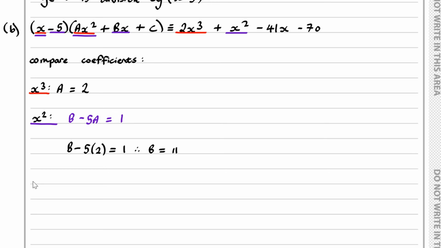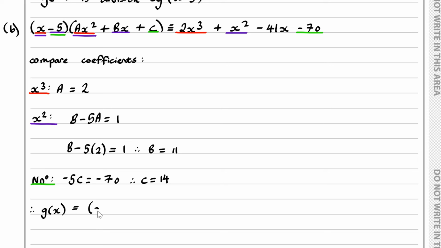And if we now compare the number terms, on the left hand side we have c lots of minus 5, and on the other side we have minus 70. So we have over here minus 5c equals minus 70. C, that's equal to 14. Okay, let's just write all this in black. So that was b minus 5a equals 1. And knowing the values of a, b and c, we can therefore conclude that g of x,